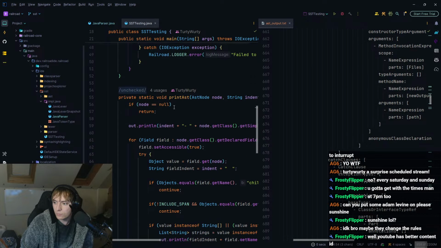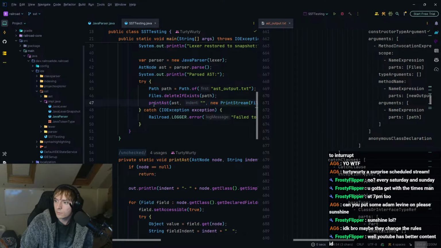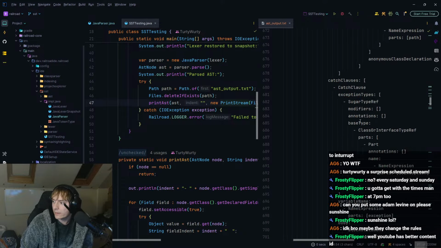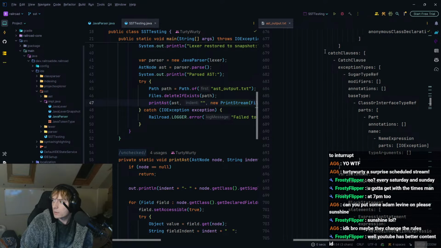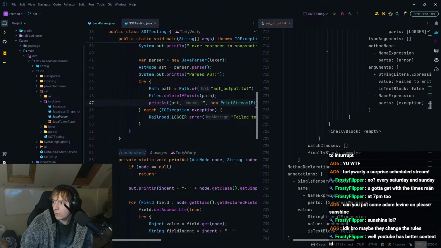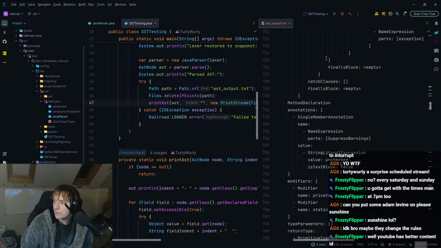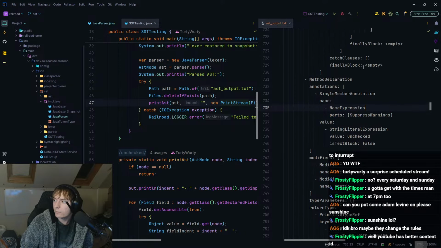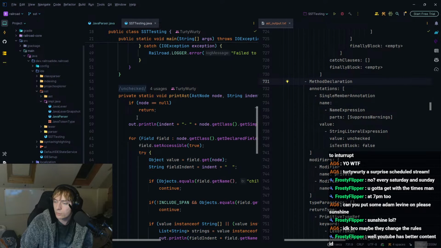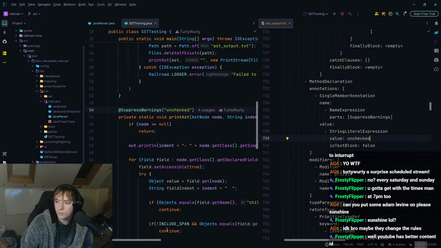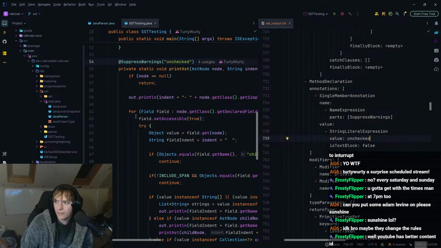Okay, let's get down to where the generics are, because I think that's where we had a little bit of a problem last time. So we have the catch clause, blah blah blah. We do not care. Then we have a method declaration, which has a single member annotation called suppress warnings, and the value is unchecked. Okay, that's fine. Wanted to check that that wasn't a problem. I think all of this is fine.